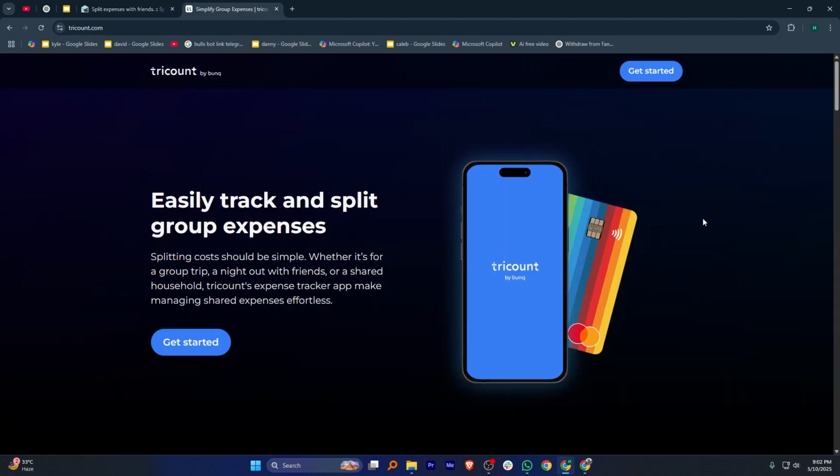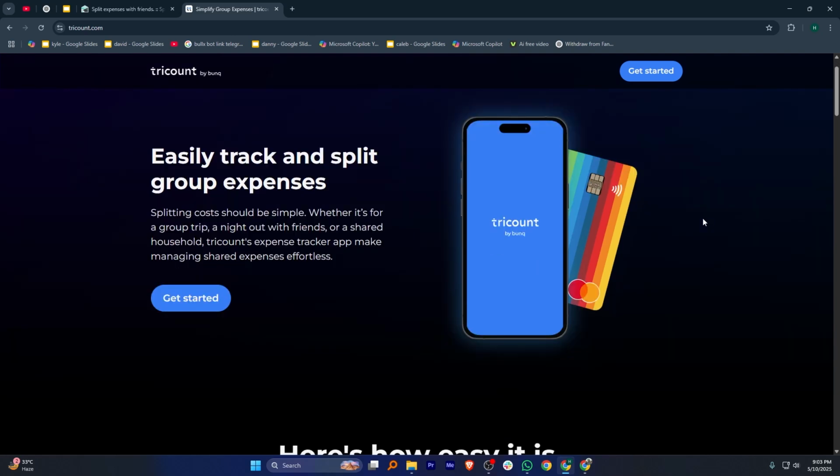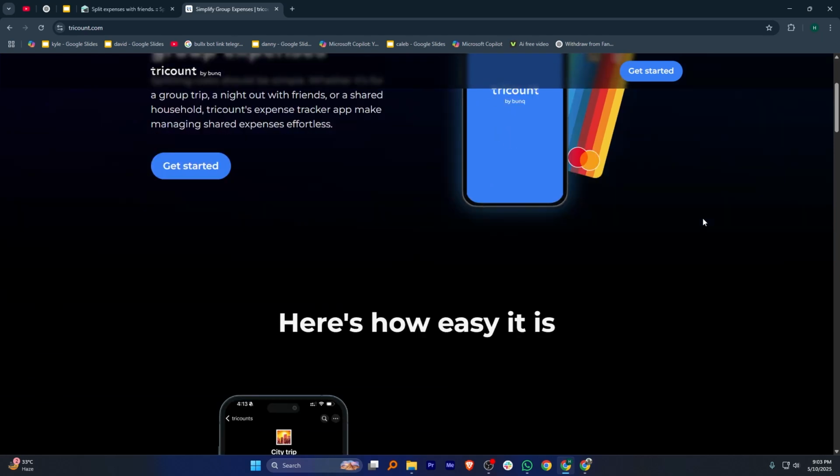Tricount is especially good for group travel or shared events. You create a Tricount, add all expenses, and it works out a simple way to settle up, often reducing the number of transactions. The interface is clean and it's very group-focused. It doesn't have as many integrations or features as Splitwise, but it does the job well, especially for short-term group